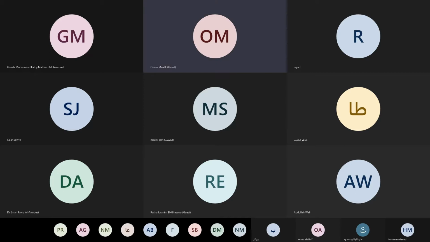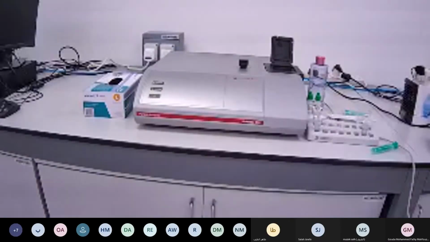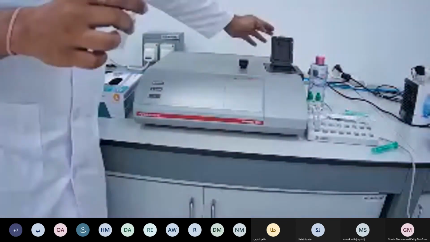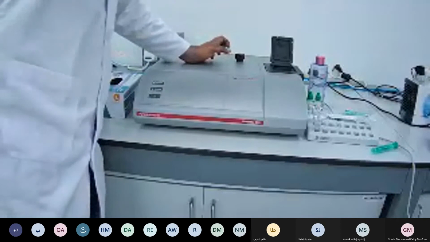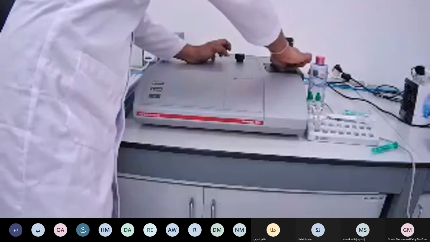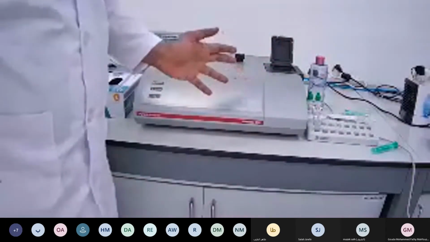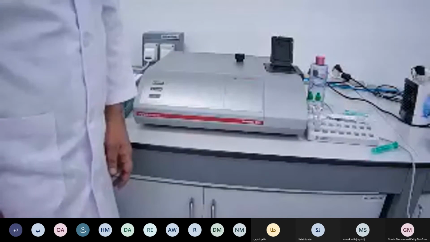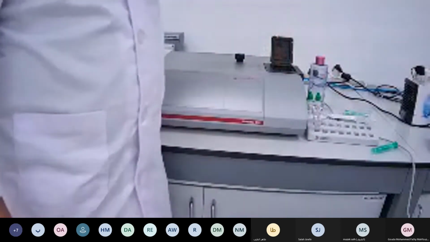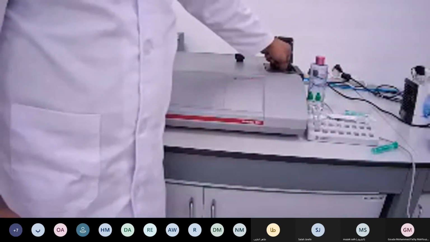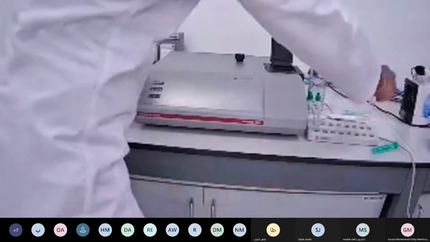In order to load it, you can see this Omega cuvette. I have already prepared the sample. This particular solution is inside it. You just need to open this up and insert it inside. That's it. So that is the sample loading in case of DLS as well as ELS. The only thing you need to do is open this sample measurement cell and insert it. Same way you can do it for